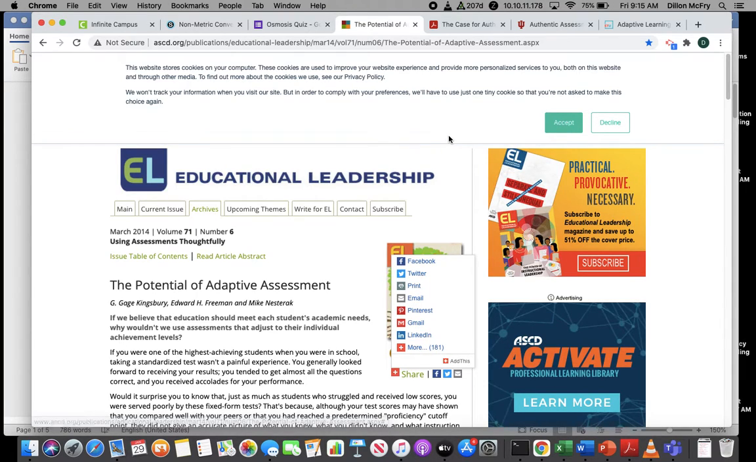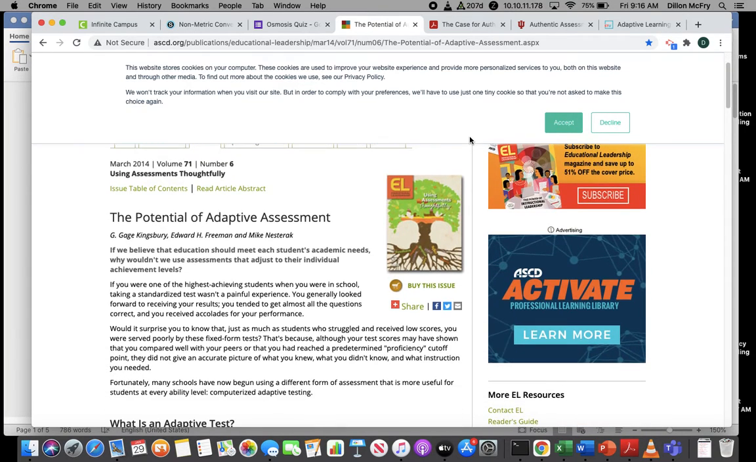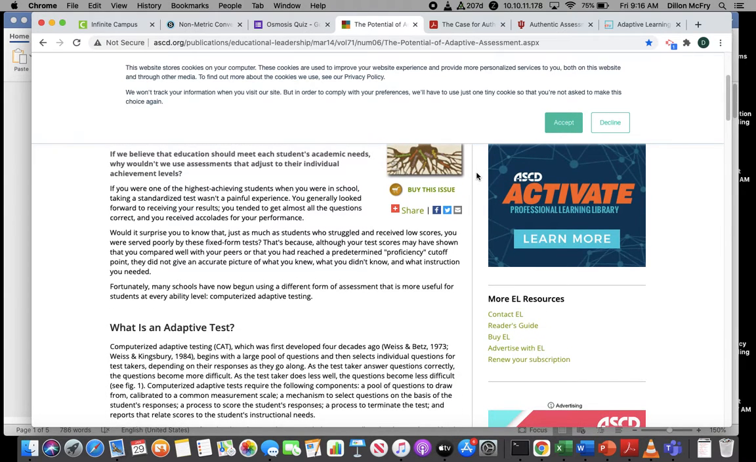I'd like to start by briefly detailing 4 different resources that helped me shape my view on what it means to make an assessment authentic and adaptive. The first resource was an article from Educational Leadership. And what this resource taught me after reading through it and studying it was that a very important factor for